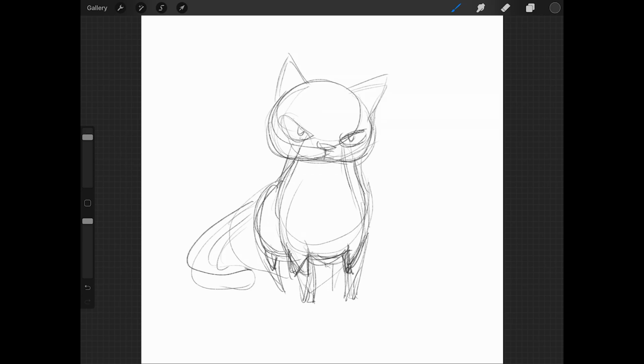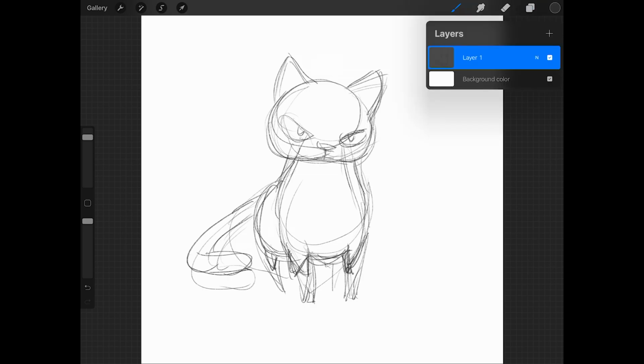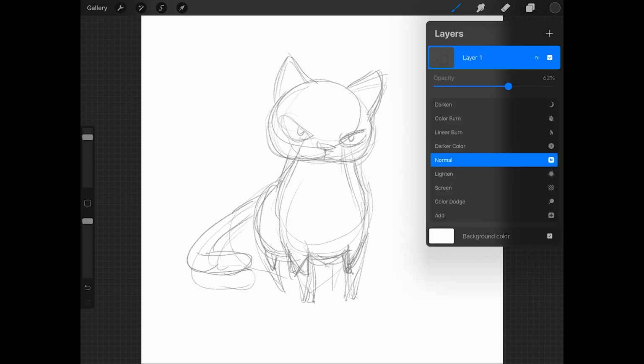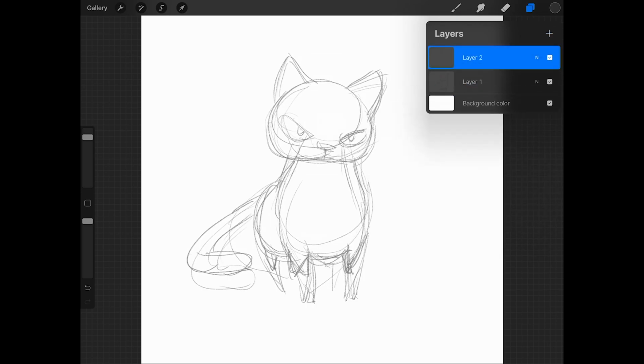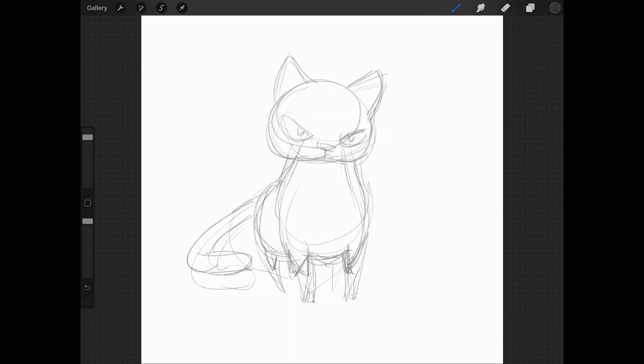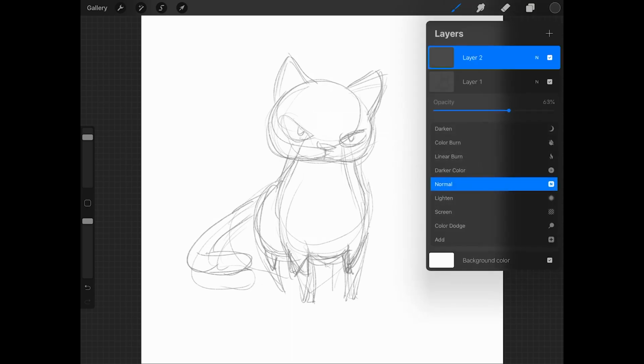So I'm shortening the legs and I'm adding a tail there, and it became pretty close to the final one that we have, except the final one has a little more of a triangular face. This one still has a little bit of a cheek. In the drawing process here,